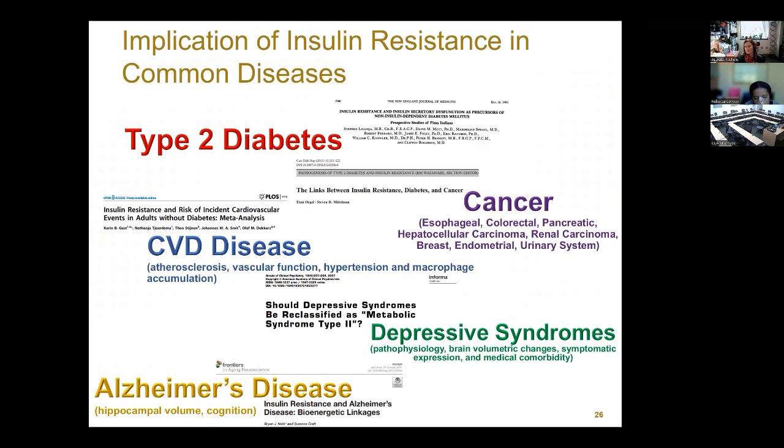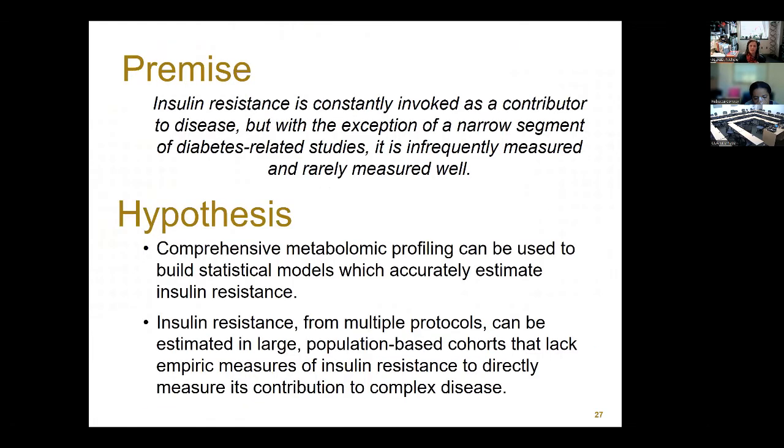And one way we can do that is actually measuring or estimating these quantitative measures of glucose homeostasis. So the premise for this study was that insulin resistance is constantly invoked as a contributor to disease, but with the exception of a narrow segment of diabetes-related studies, it's infrequently measured and rarely measured well. So we typically don't have these sophisticated measures of glucose homeostasis as we exemplified in IRAS family studies such as the FSIGT. So our hypothesis was that comprehensive metabolomic phenotyping can be used to build statistical models which accurately estimate